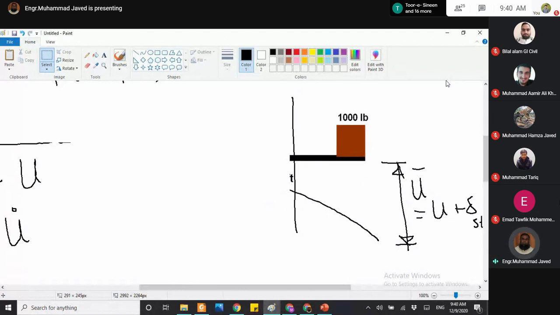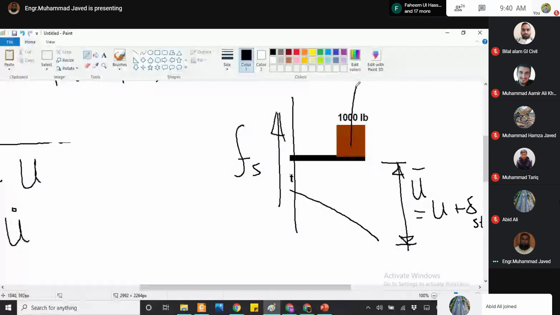However, we will have an elastic restoring force Fs, and we will have an inertial force